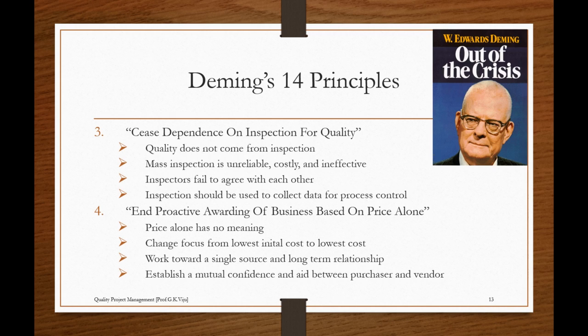This principle of the 14 points of Deming encourages them to spend time improving their own quality. They shouldn't take part in your business based on charge alone. This point analyzes the total cost to you, not just the initial cost of the product, and uses quality statistics to ensure that suppliers meet your quality standards.